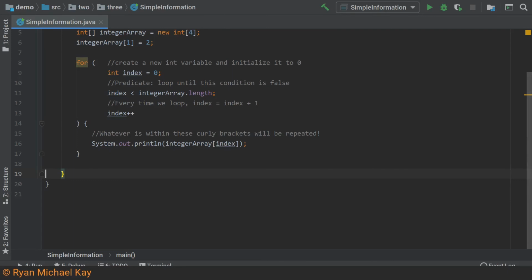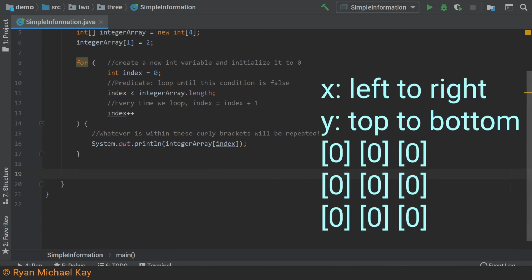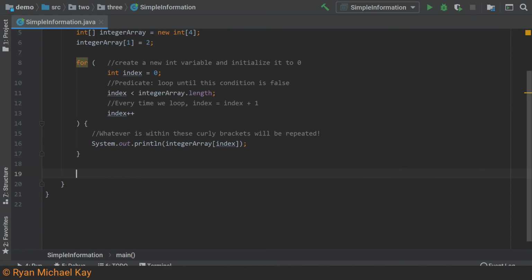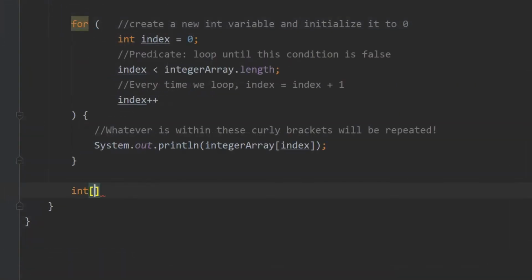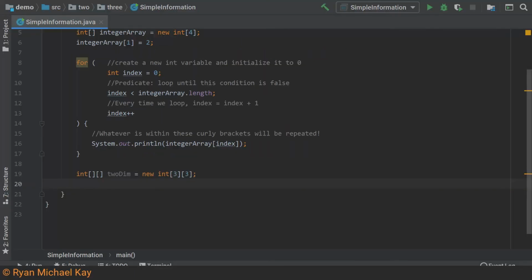Before we proceed, there is one more thing about arrays that I want to show you. Suppose that the indexes of an array represent a coordinate which we will call x. It is actually possible to add more coordinates to our arrays and thus create a multi-dimensional array. We will now create a two-dimensional array, which is quite easy to do. The main difference here is that when we want to assign a value to an array cell, we must now supply what I will call a y value as well.